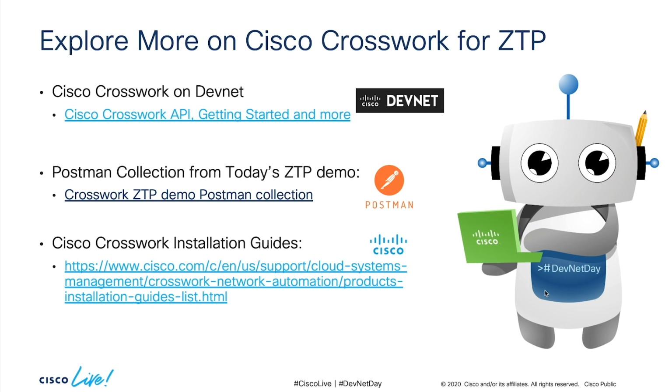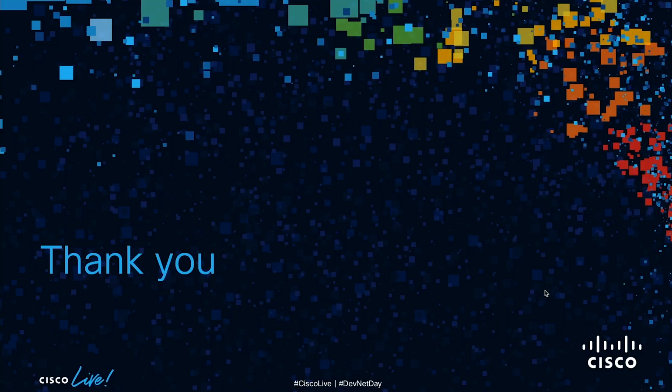So hope you liked it and you're able to get some more information about ZTP and the different workflows that we can execute with IOS XR. And I think Cisco Crosswork really amps up the capabilities that we have for day zero automation. So it should be very interesting to see how different operators and customers are able to use these capabilities in the future. In the meantime, thank you, and hopefully we can provide more such content for you in the near future. Thanks.